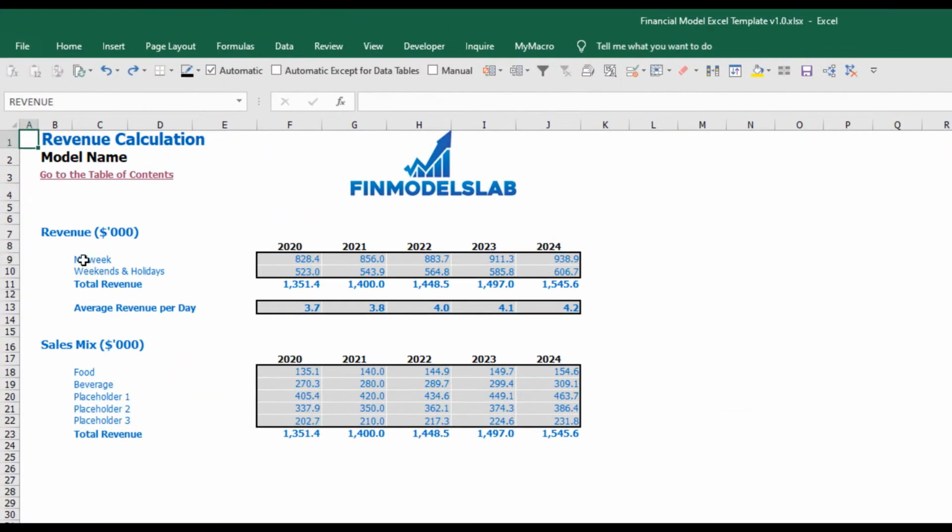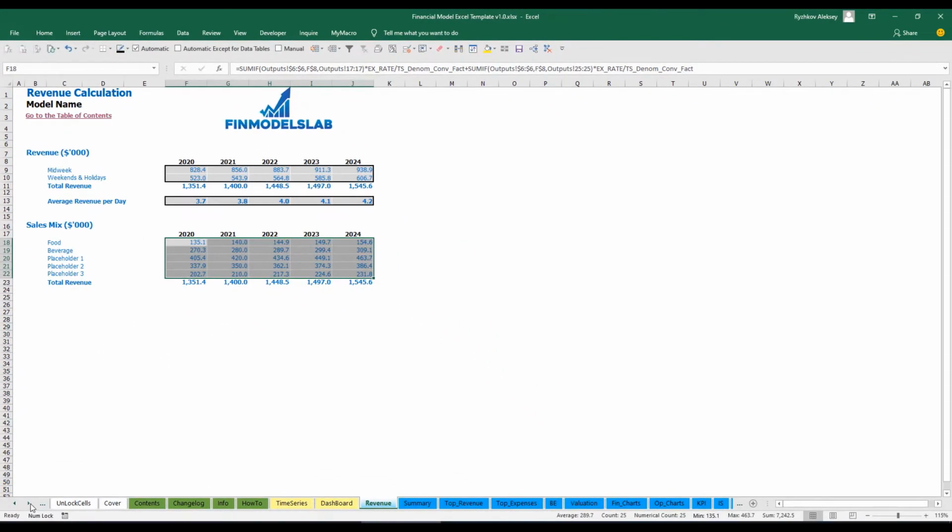Additionally, on the revenue tab you may see the main outputs, which is midweek and weekends and holidays revenue, average revenue per day,